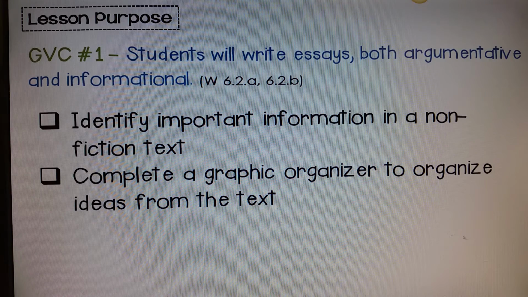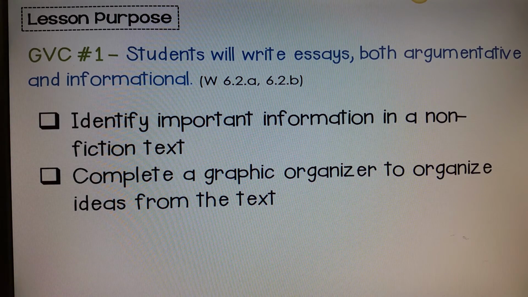Okay, boys and girls, that is our lesson. You will continue to highlight and identify important key events and keywords and phrases. Add them to your diamond graphic for each of your sections, your being, your bang, and your bongo. Today we identified important information in a nonfiction text, and we completed a graphic organizer. Your graphic organizer will be your practice for this lesson, so make sure that you complete it and turn it